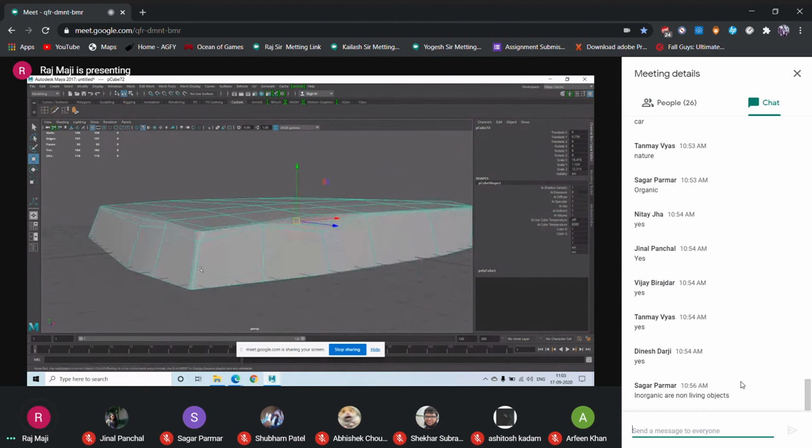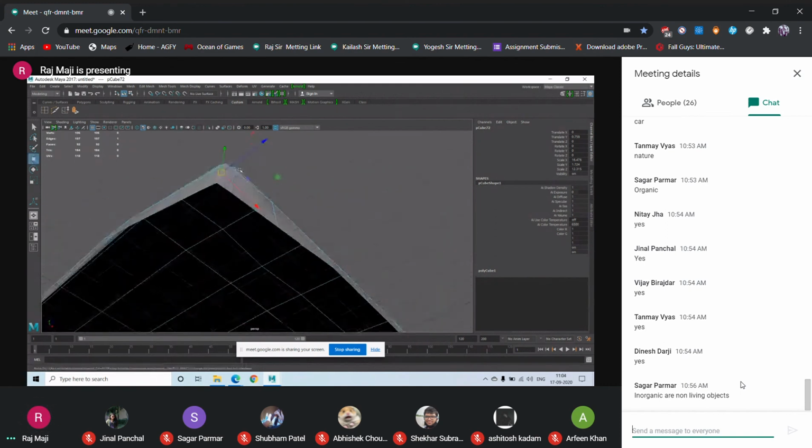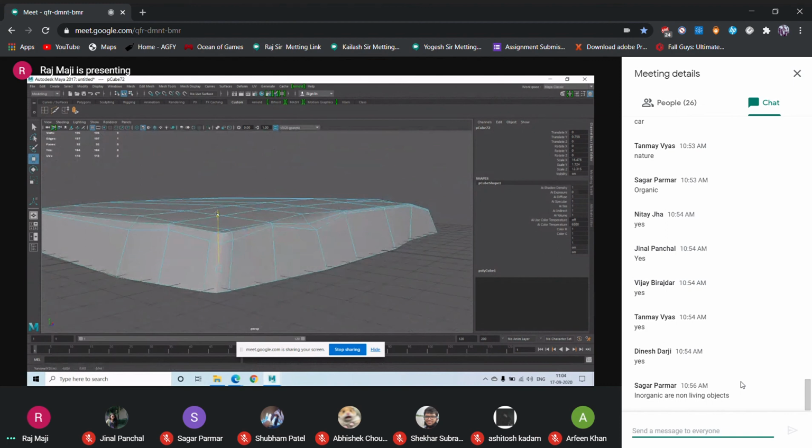Even this area, I'm thinking it is too sharp for a mud slab. It can look better.